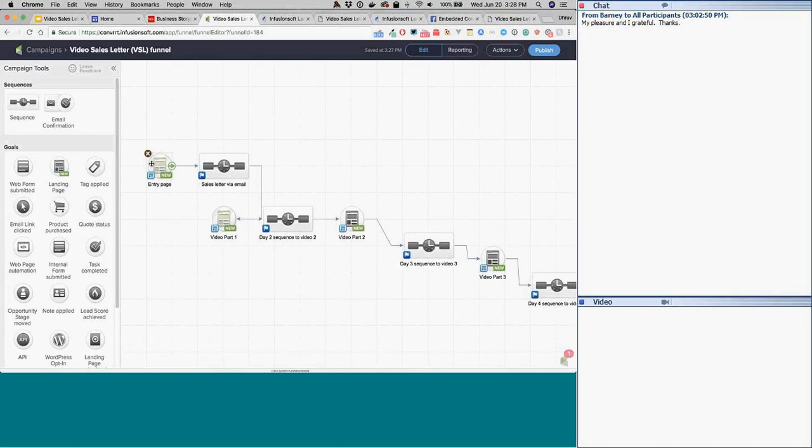So the first one is obviously, you bring the traffic, you run a sequence, and then sometimes you make the user wait for a day, or sometimes you want to take them immediately to the next opportunity. So you can take their email address, and then take them to the video part 1. And then say, hey, tomorrow I will be releasing another. Essentially, by the end of this, you will be launching this amazing product. And what you're doing is for the first 4 days, you're building the hype,